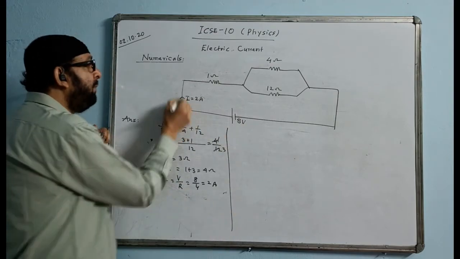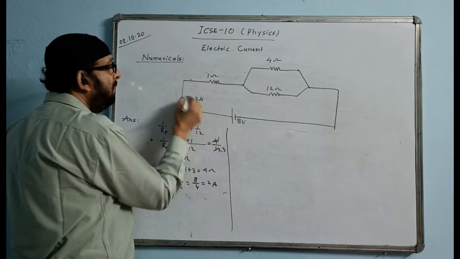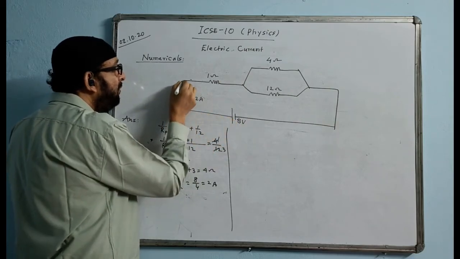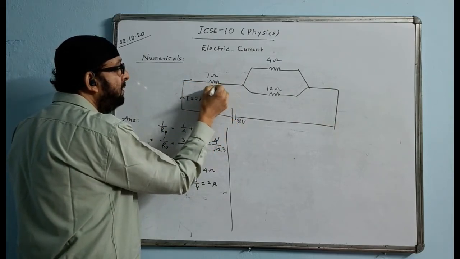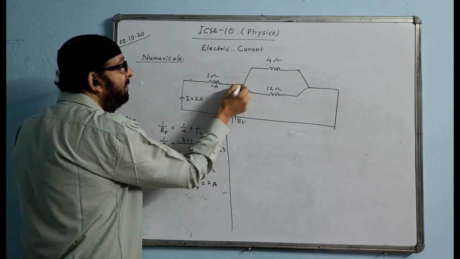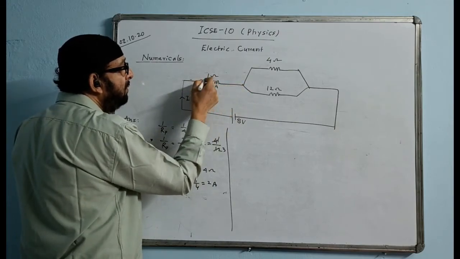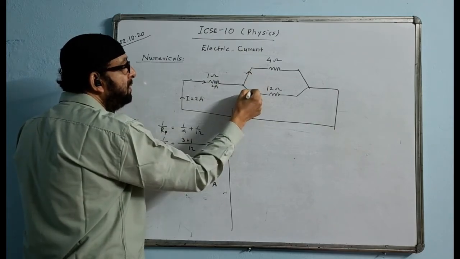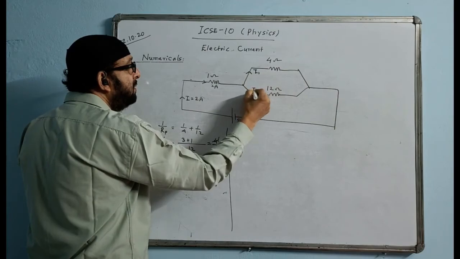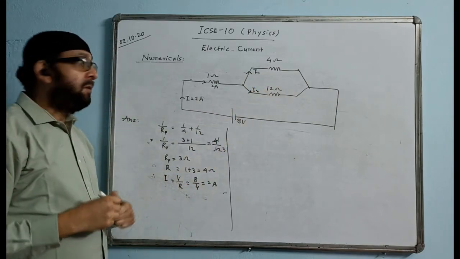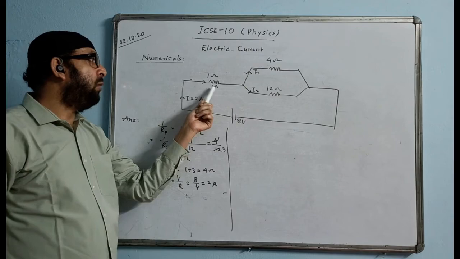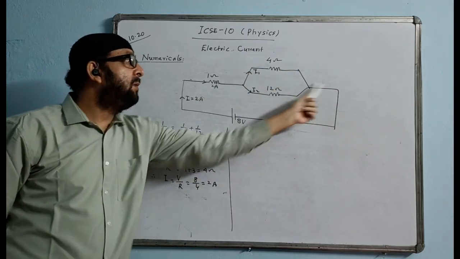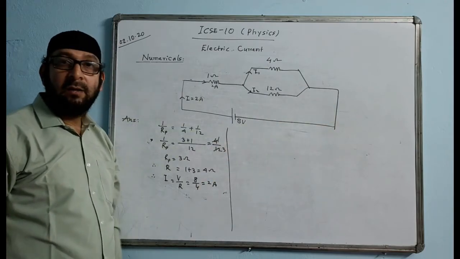Now we check: 2 ampere is flowing from the cell of 8 volt. 2 ampere is flowing exactly without getting divided here. But here the 2 ampere is dividing into 2 branches. This branch is I1, another branch suppose is I2. The 2 ampere only we are dividing here, and then again the 2 ampere will be together. I1 plus I2 will be 2 ampere and will go back to the cell.